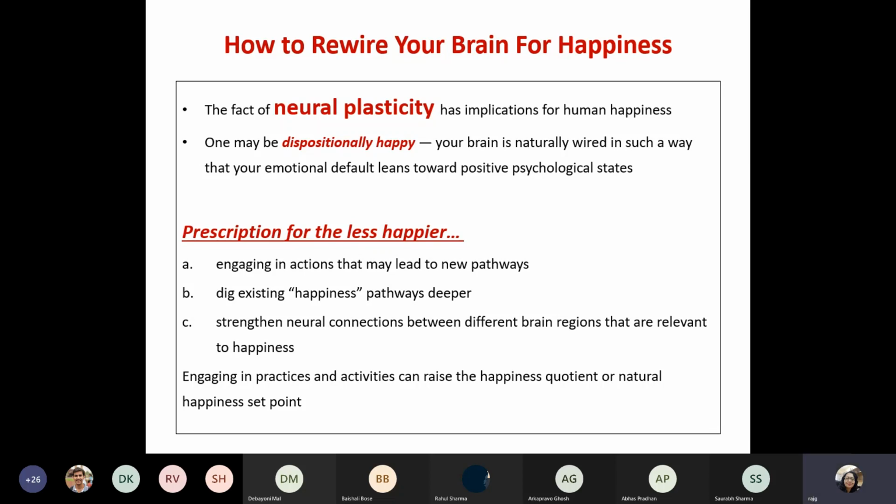Can you actually do that? We spoke about cognitive behavior therapy, and when we say rewire your brain, you can tweak some neural connections in your brain to make you feel happier. Now, what does that mean? Can you change the thought line from A to B to Z to P1? Can you change that? Yes, you can.